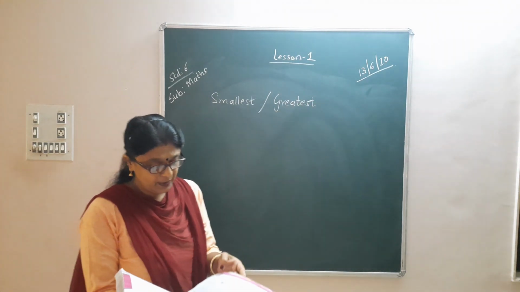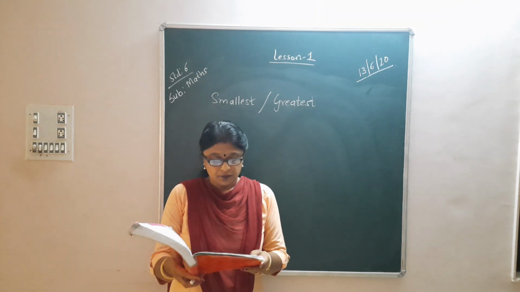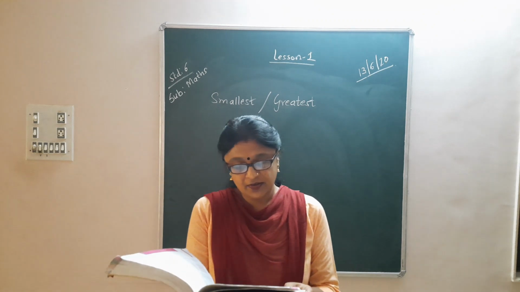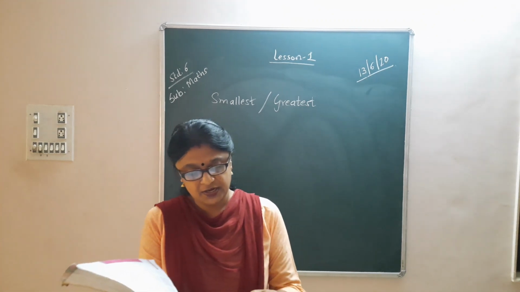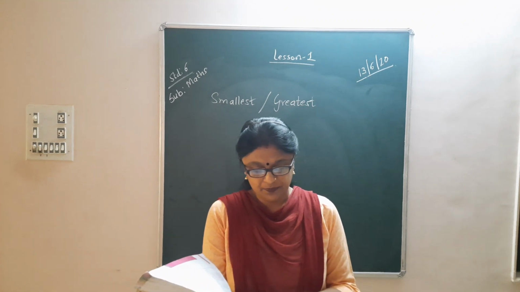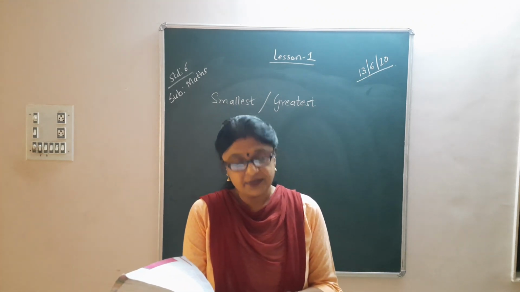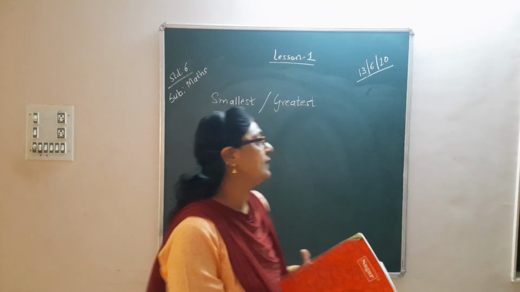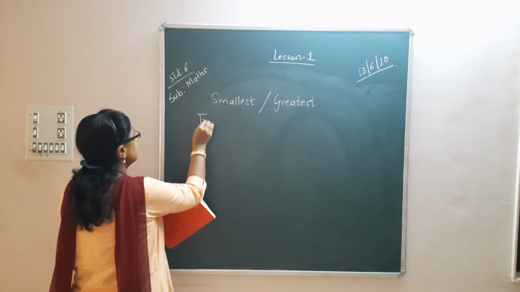Okay, so now on page number 2, on the lower left hand side, try these, you can see. Find the greatest and smallest digit. In that you have to complete question number A and C. Homework is A and C. I will do B and D. Okay, try these.